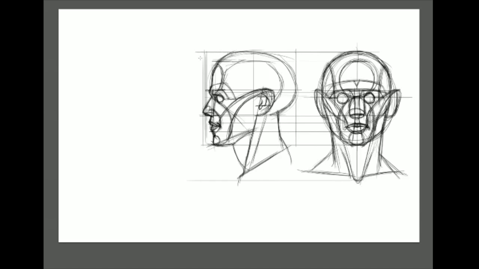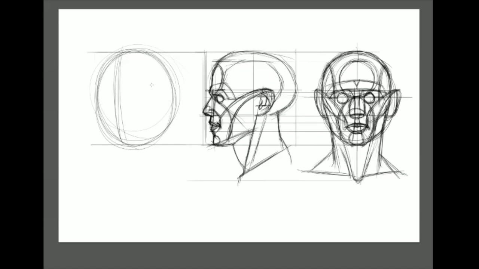So as I was saying about the ear, the bottom third of the ear is the tragus and the antitragus. It's that cartilaginous part of the ear, the lower part of the ear. All right, so we're going for the 3/4 now, and I covered how to put in a head at 3/4